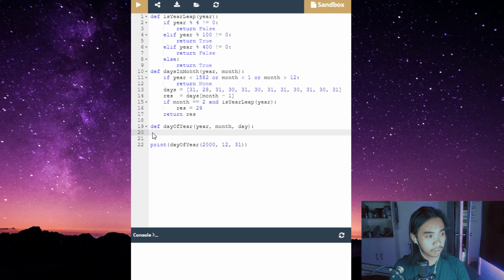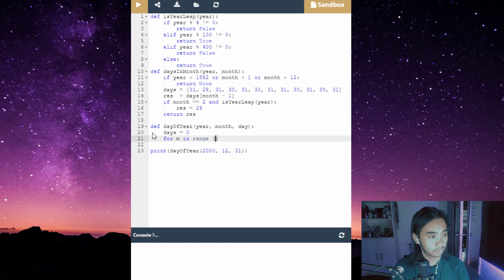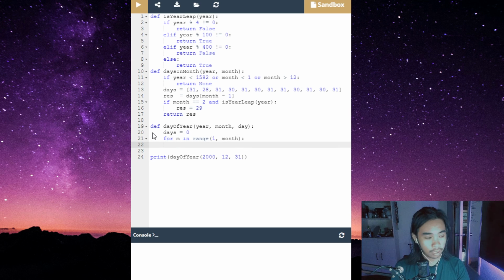So I'm just gonna put a variable here, days is equal to 0, and then for m in range 1 to month, then don't forget the colon, then md is equal to days in month,